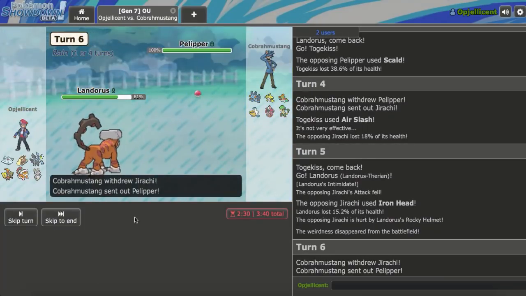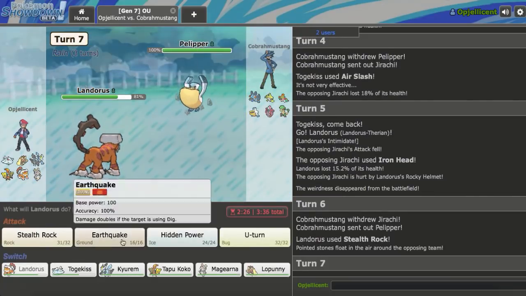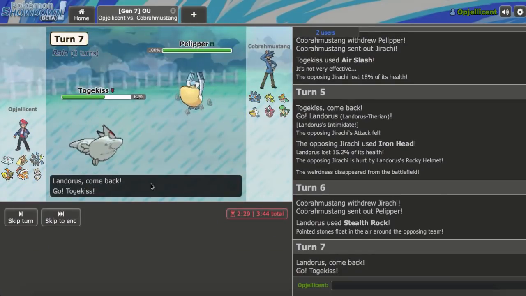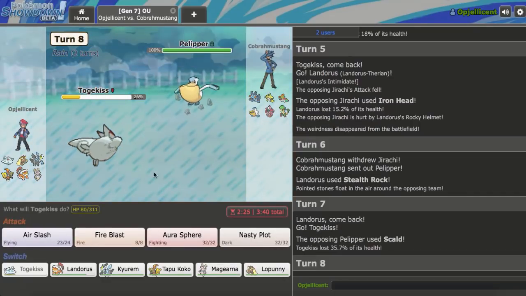Now, assuming we can break through, he's going to go directly back out into Pelipper, which is totally fine. We do see Damp Rock. I'll just go back to Togekiss right here. Goes right for another Scald. What I'll do right here is actually...